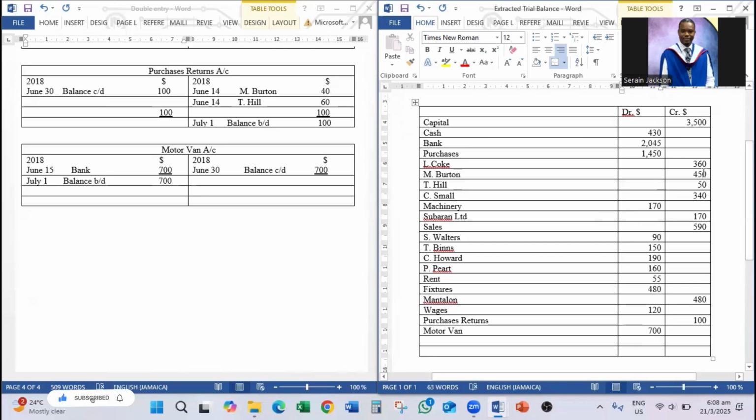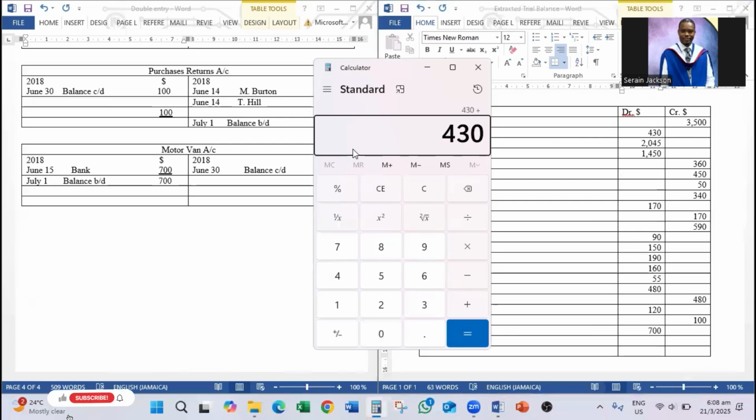If our trial balance is balanced, then it would mean that we would have done our double entry correctly. And if not, then we would have done something incorrectly. So let's look at it now. Let's get our calculators out. So you have 430 plus 2045 plus 1450 plus 170 plus 90 plus 150 plus 190 plus 160 plus 55 plus 480 plus 120 plus 700. That would give us a total of